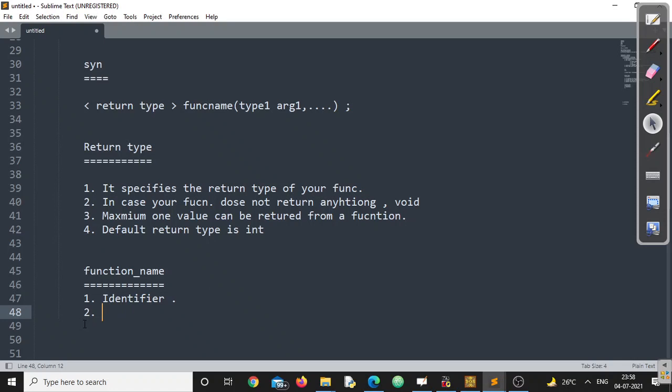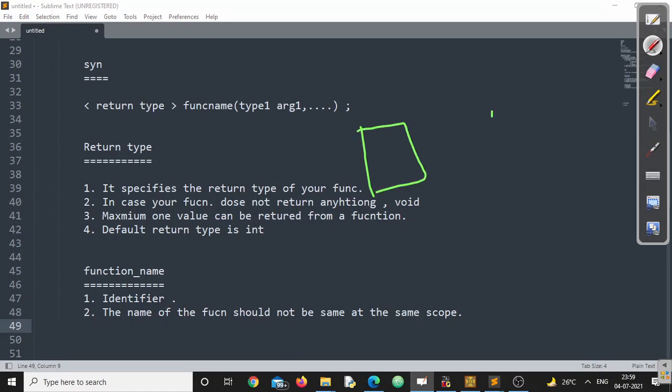The most important point that I'm going to write: the name of the function should not be the same at the same scope or same visibility, but it can be the same in different visibility. Suppose I am writing two different programs. I am creating a function f1 here, and happily I can create a function f1 in the other one.